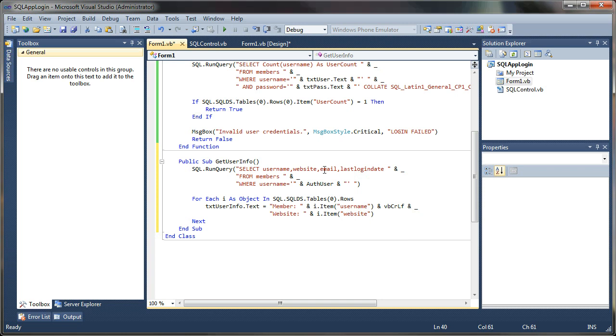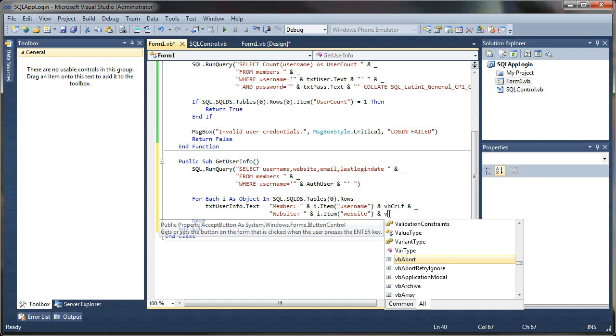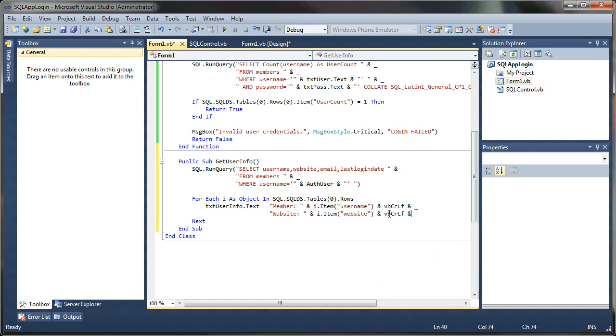Grab the website field from our query, and again VBCRLF, and let's just grab this line and copy and paste, drop down, paste, and this time I want the email. Let's say item email,